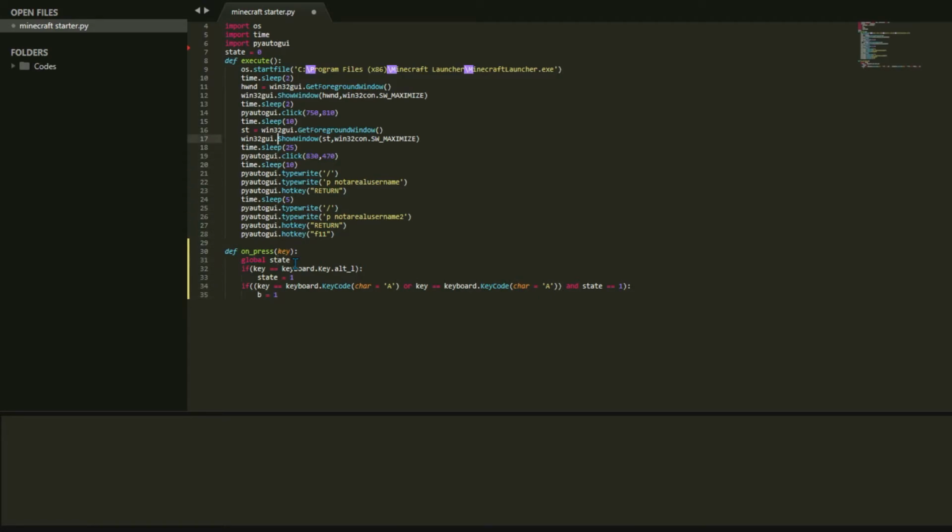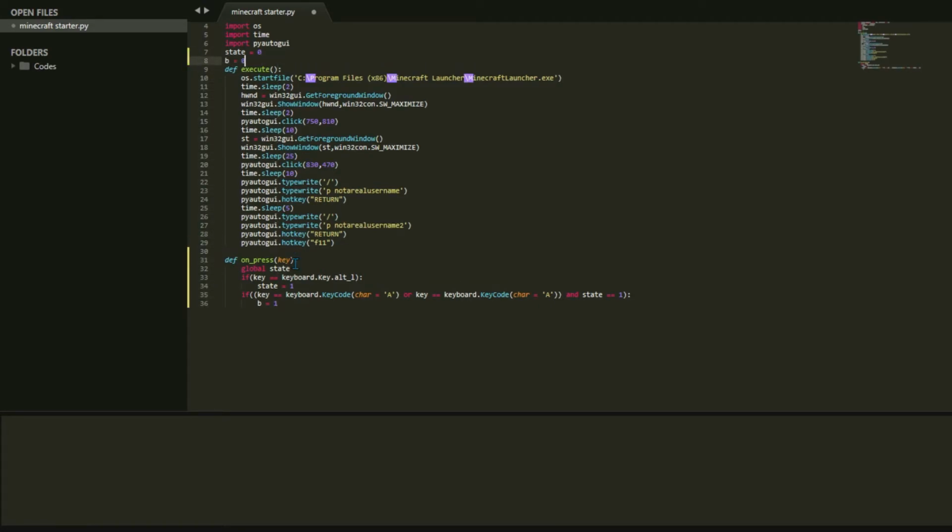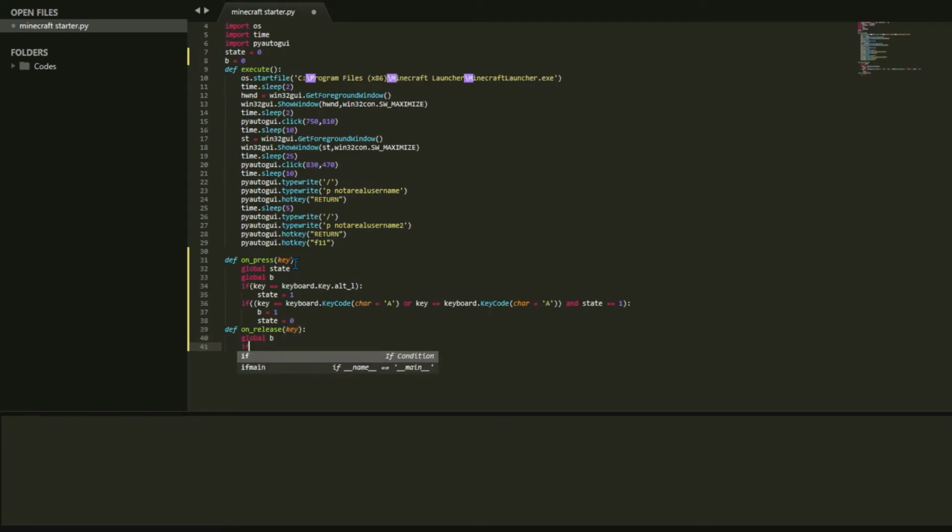Write b equals 0 and in on_press, let's keep global variable b. Define a function on_release with key in the parentheses. Type global variable b. If b equals 1, then it will execute the above function execute, and b should be changed to 0 again.